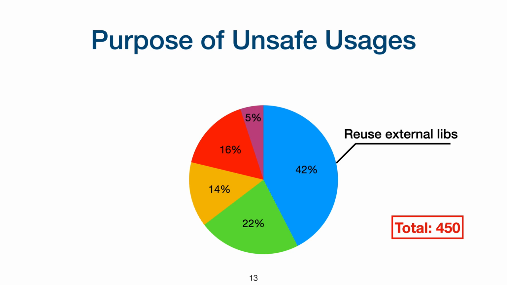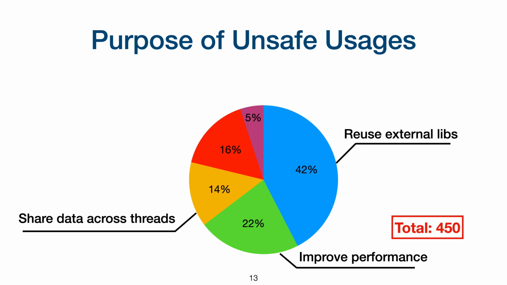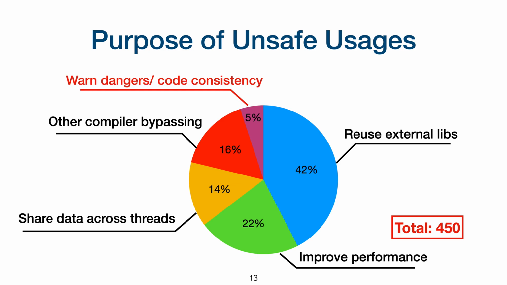We found that the most common reason is to reuse external libraries like glibc. The second most common reason is to improve performance. Other common reasons include sharing data across threads, like accessing a global variable, and various ways of bypassing different compiler checks. One surprising finding is that for 5% of unsafe code usages, the unsafe keyword can be removed without resulting